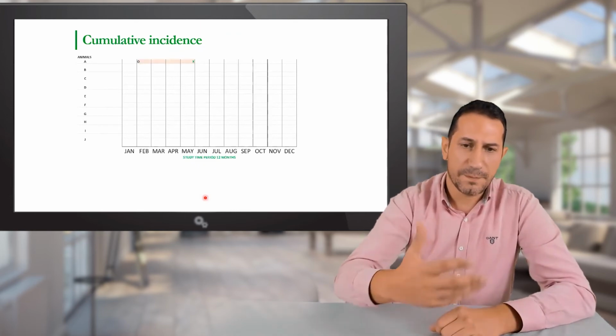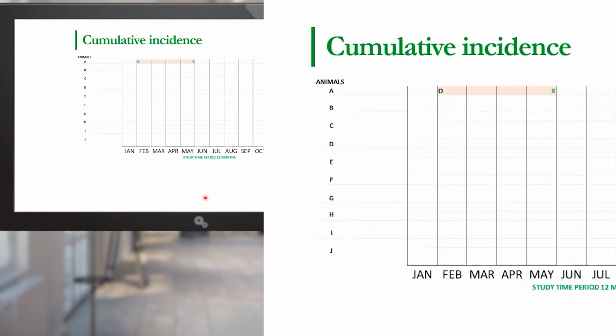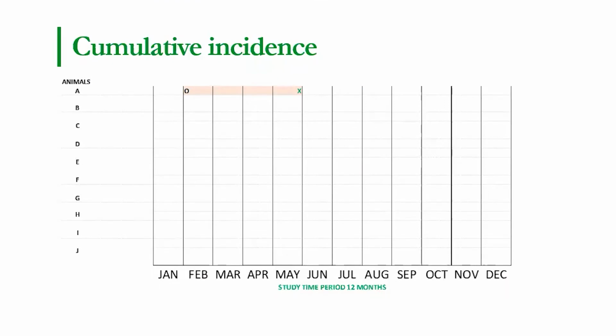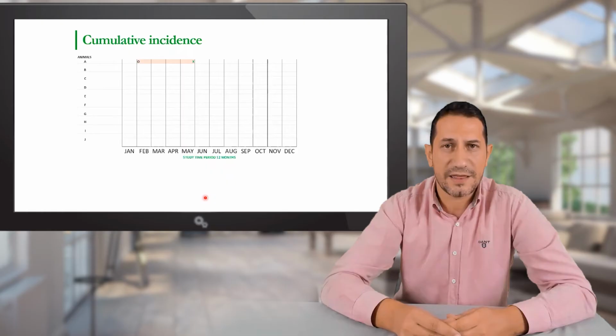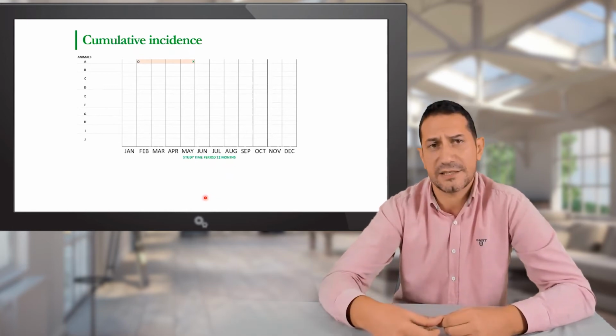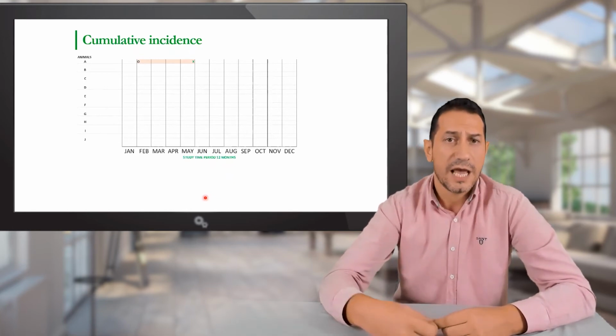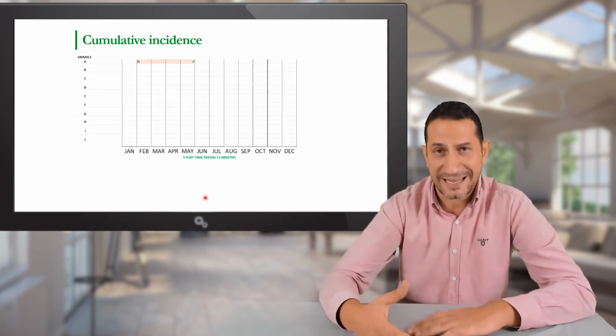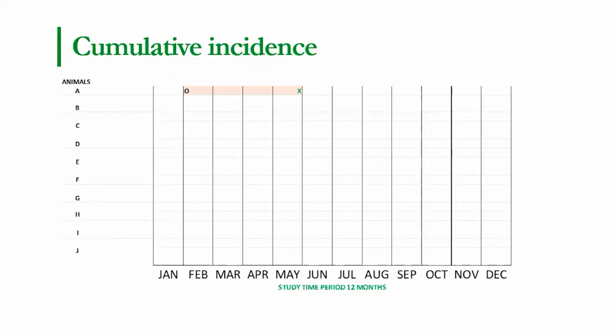And then what we are interested in is that a disease starts counting when the onset of the disease started, and then the animals are removed from being at risk or having the disease when they are recovered or cured, and then also may die, but in this case it's a treatable disease, so they get cured, and we assume they don't get reinfected. So that's also an assumption we are making for these animals. So it has a start of a disease and an end of a disease.